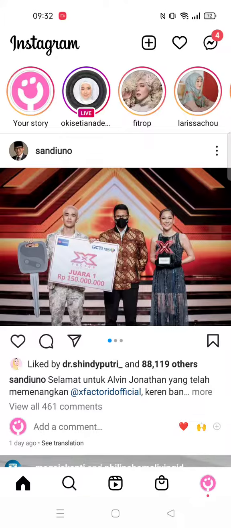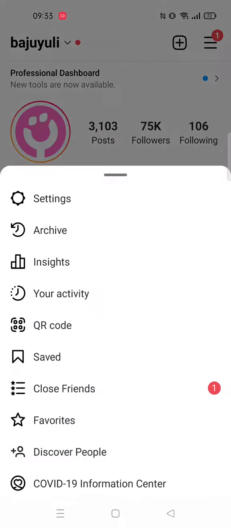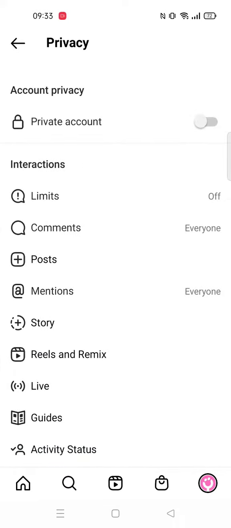In this video, I'm gonna show you how to make a secret Instagram account or create a private account on Instagram. First, make sure you already open the Instagram, and then you can click the profile menu and then click the three lines menu over here and go to settings. In here you can tap for the privacy, and then you can change it private account